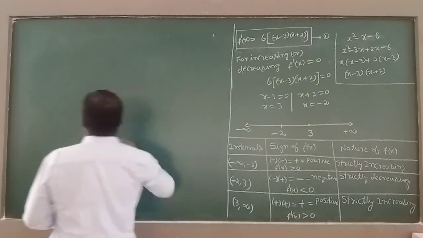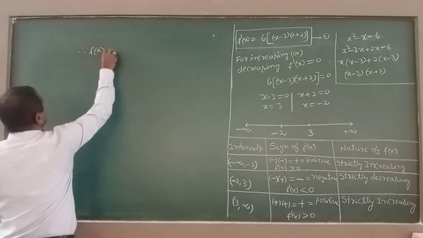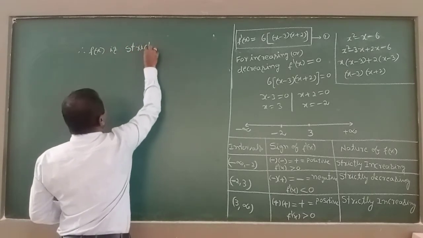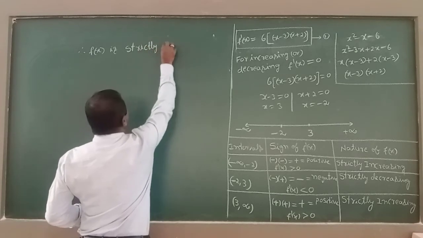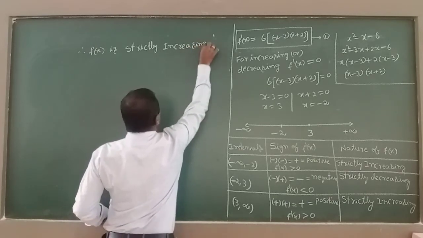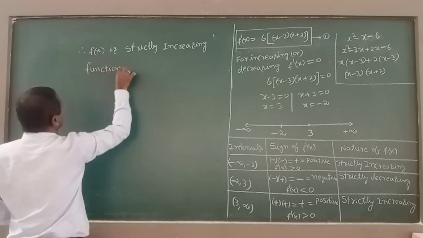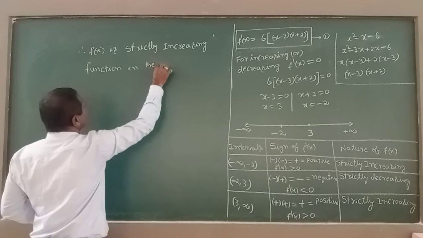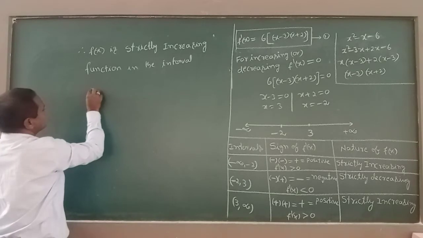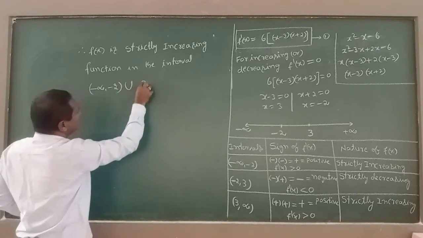Therefore, f of x is strictly increasing function in the interval minus infinity comma minus 2 union 3 comma infinity,